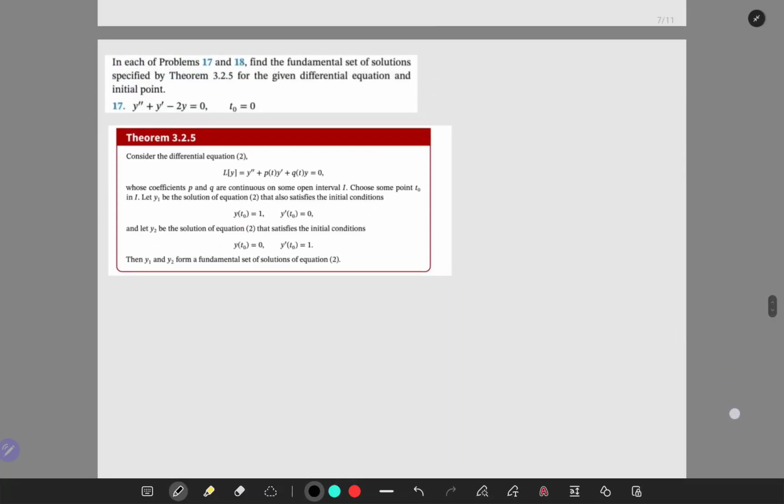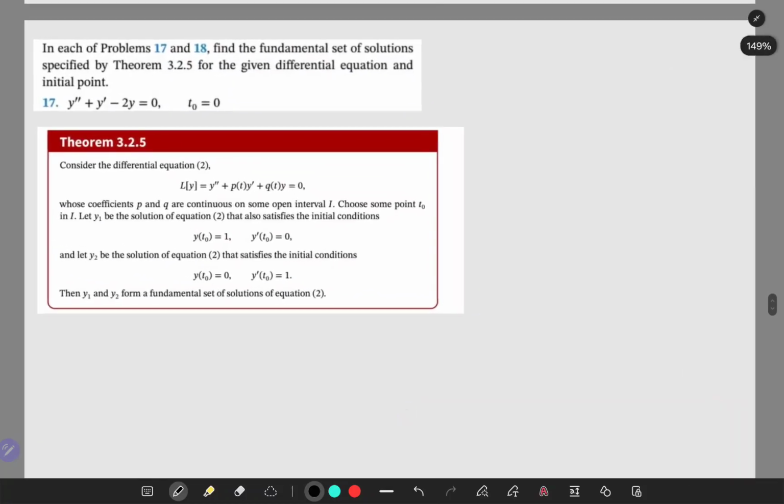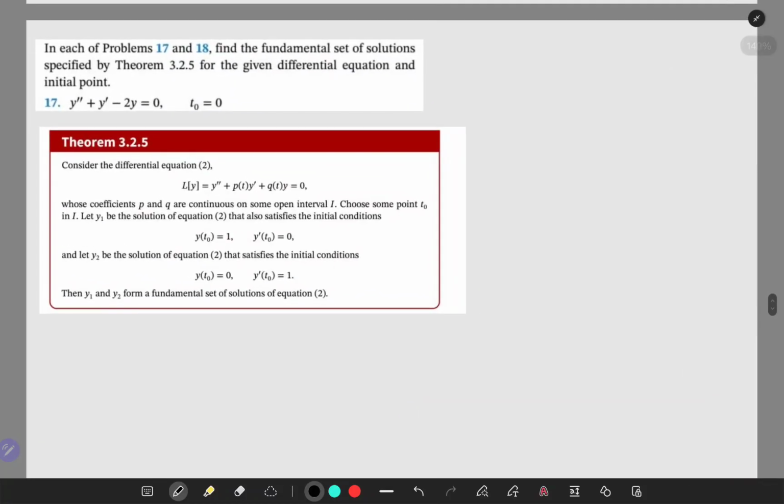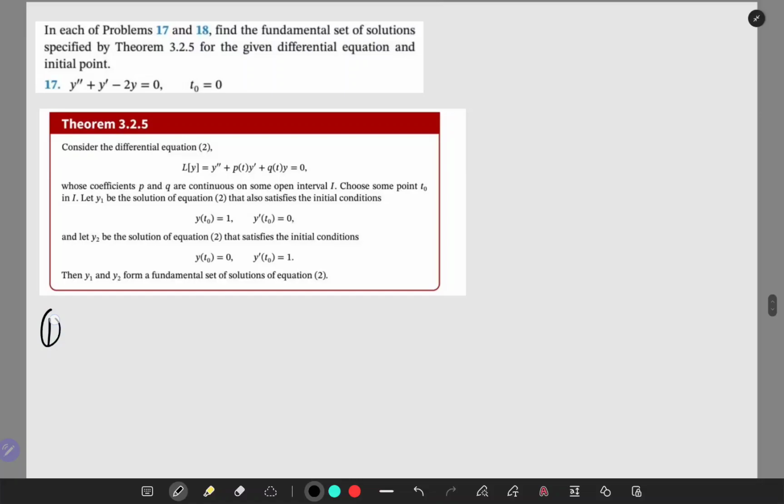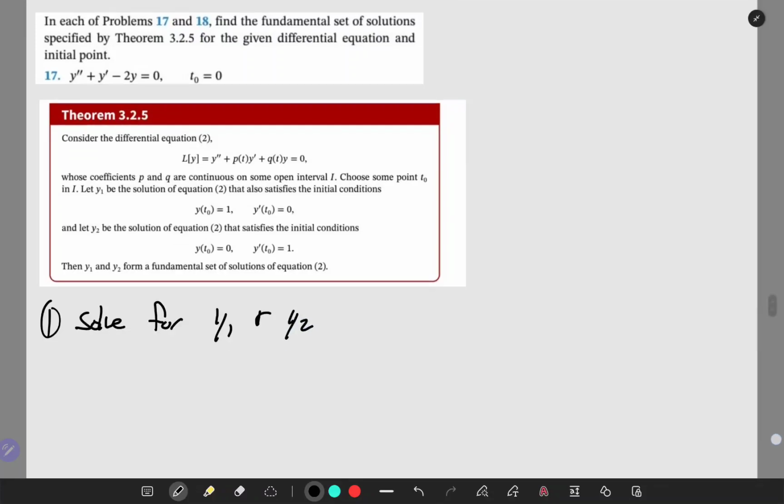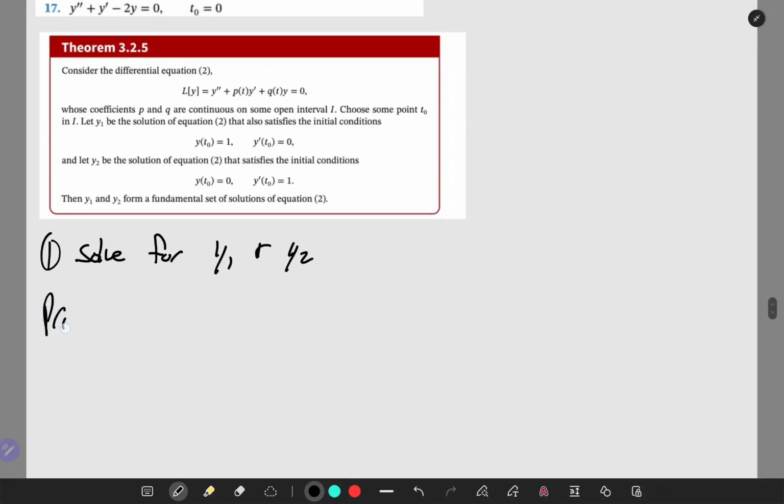Remember in the last video how I said that if we're given one like this, we have to solve for 2 general solutions. So let's go through the whole problem here. Let me find it in my notes. Okay, so first things first, we need to solve for y1 and y2. Step 1: solve for y1 and y2. So to do that, we propose